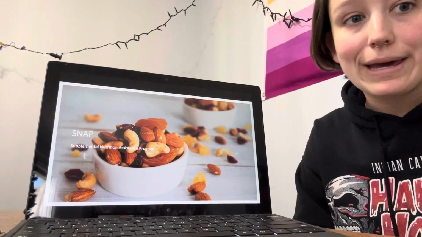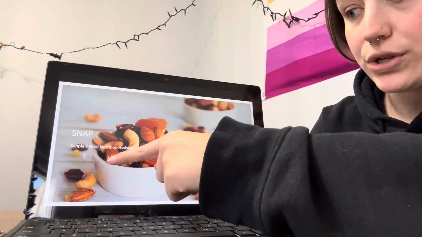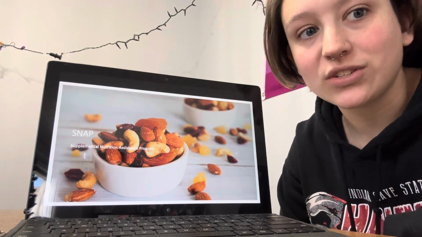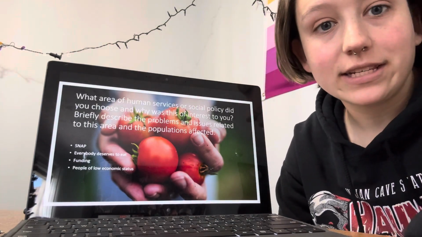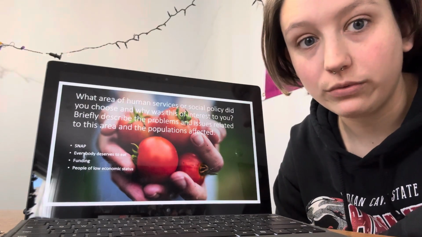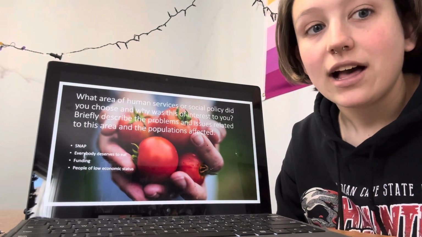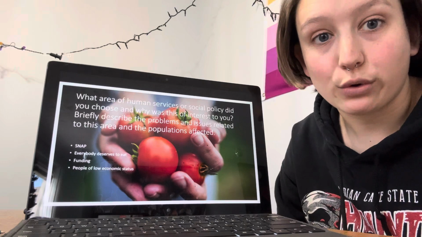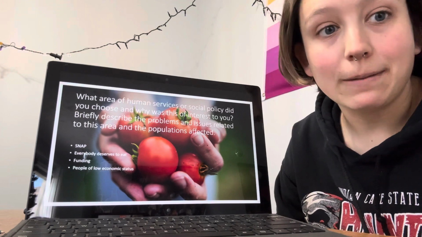Hello. For my paper, I covered the SNAP program, also called the Supplemental Nutrition Assistance Program. This is the program that is formerly known as food stamps and is oftentimes referred to as food stamps. I picked this area because I believe everyone has a right to be able to eat and to afford food, and I believe that this program can be very beneficial to providing supplemental income for a person's monthly grocery budget, which would allow them to buy better foods that are better for them and better quality foods.